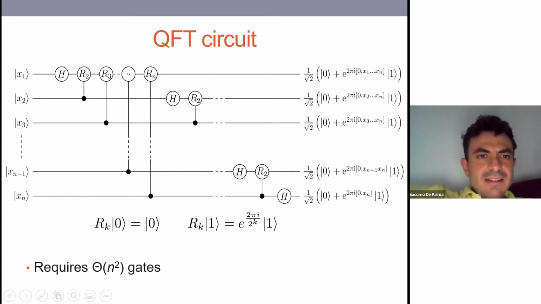It first undergoes a Hadamard gate, which adds to it a phase. A Hadamard gate applied to a qubit in the computational basis state x is the same as applying a phase of e to the 2 pi i x over 2, because it does nothing if the